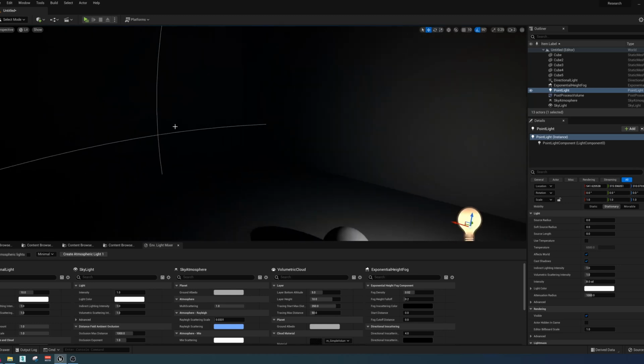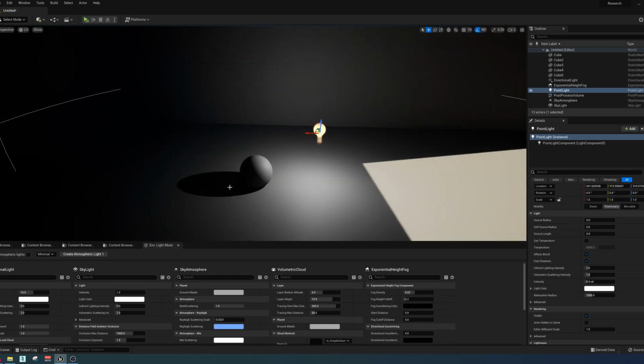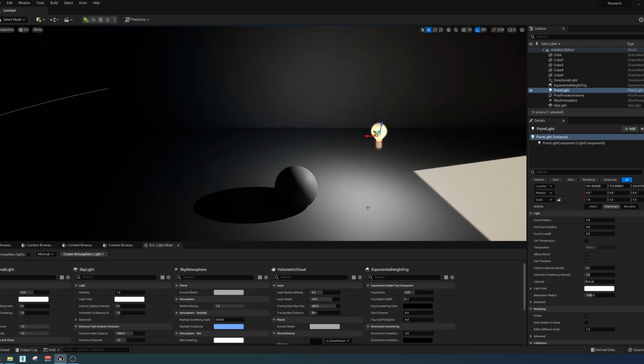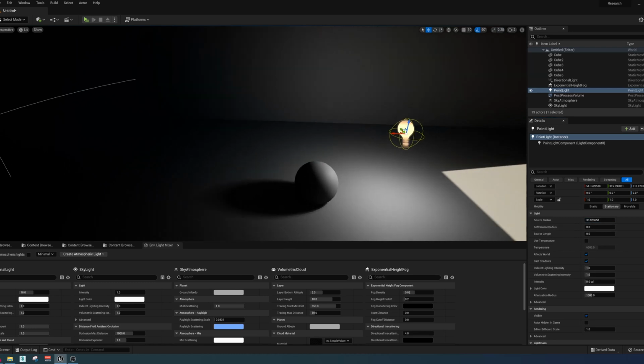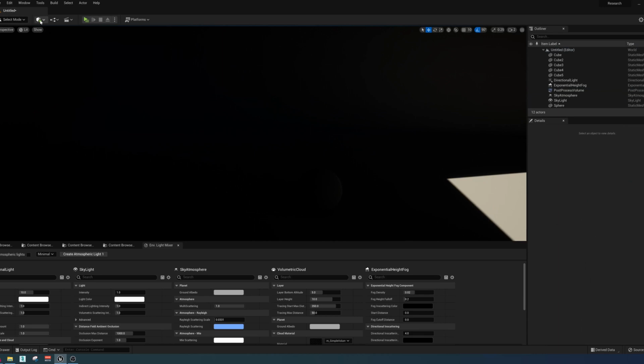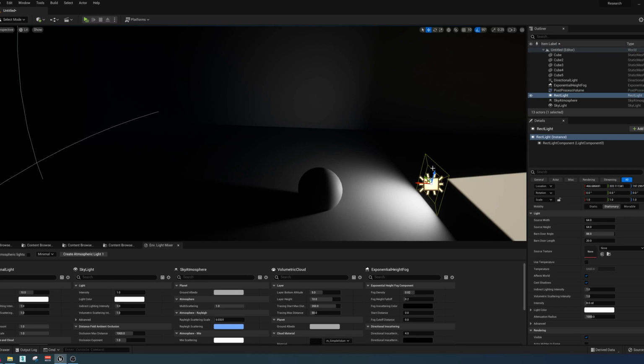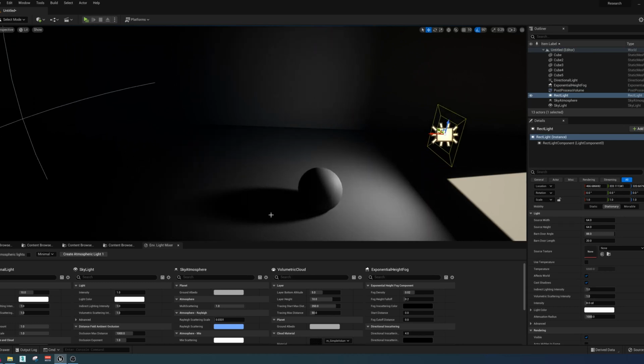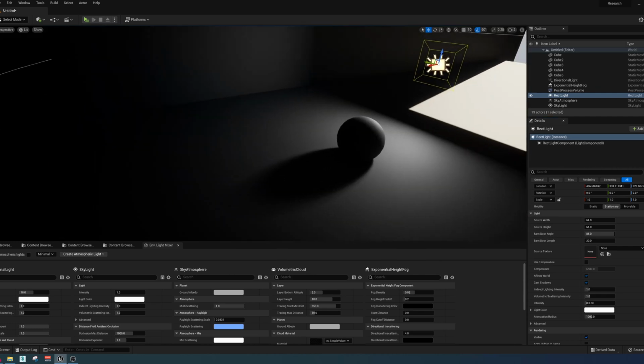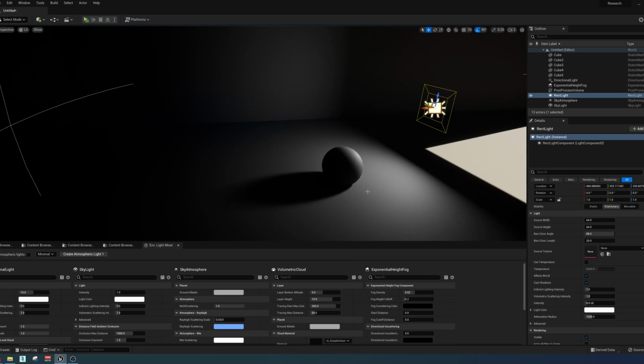The point light is a sphere, and it has a lot of harsher shadows. Well, yeah, sure, you can increase the source radius and so on. However, what I prefer to do is to go to lights and get a rectangular light. And from the get-go you see we have these softer shadows here. And to make sure we have these better softer shadows, for example, if I do something like 300 and 300,